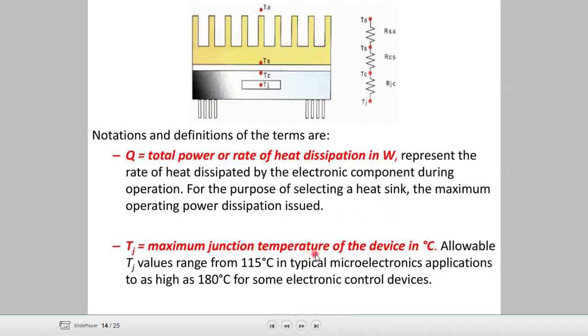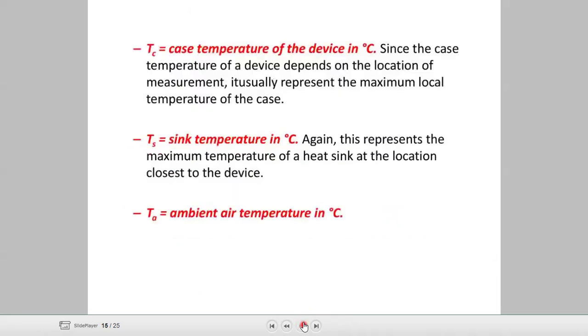Tj represents the maximum junction temperature of the device in degrees C. Allowed Tj values range from 115 degrees Celsius in typical microelectronics applications to as high as 180 degrees Celsius for some electronic control devices. TC is the case temperature of the device. Since the case temperature depends on the location of measurement,